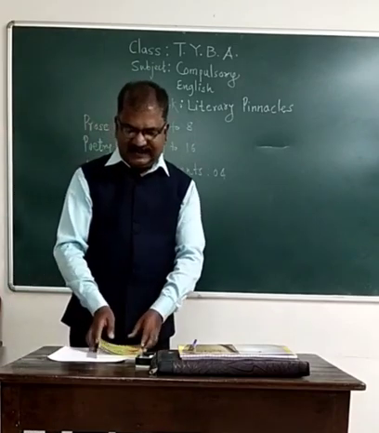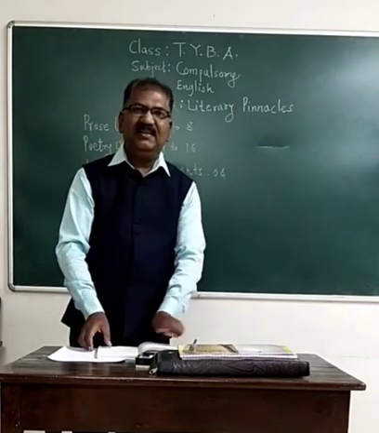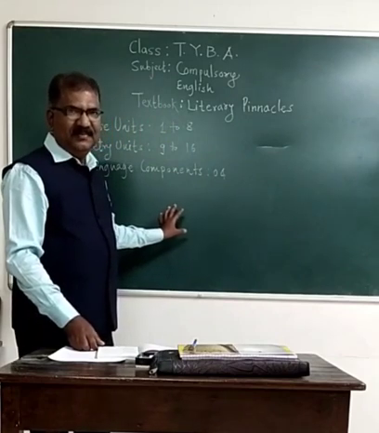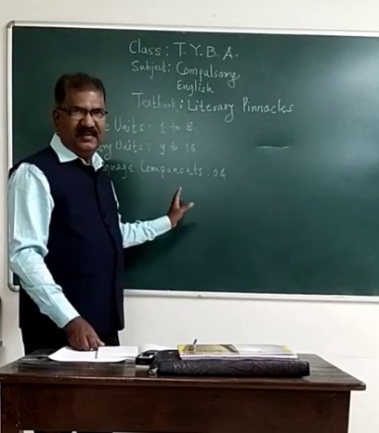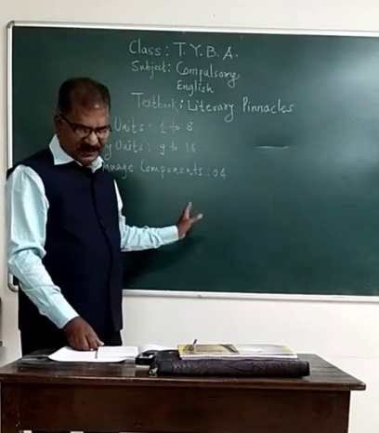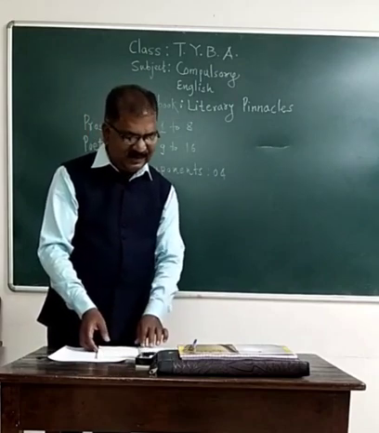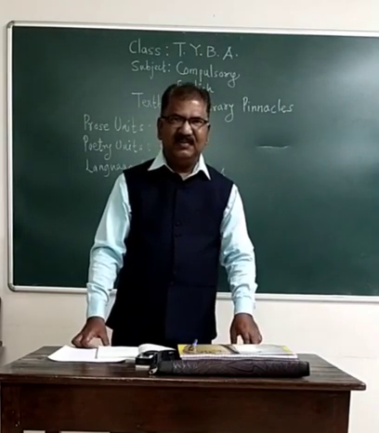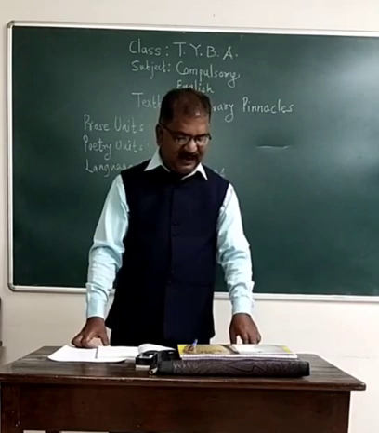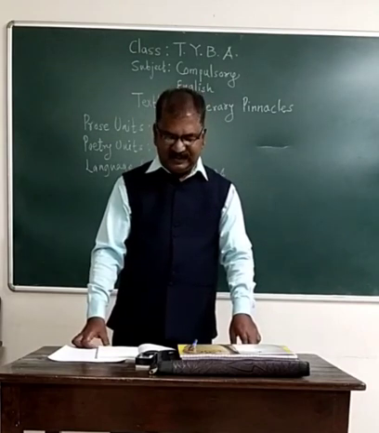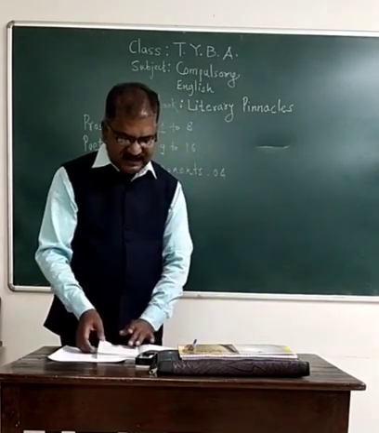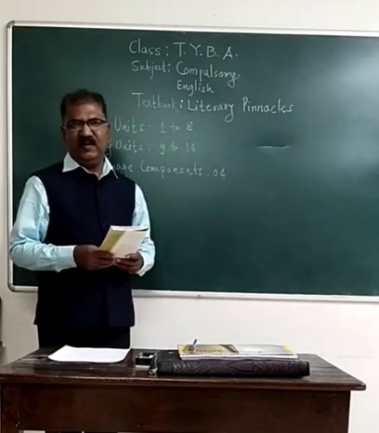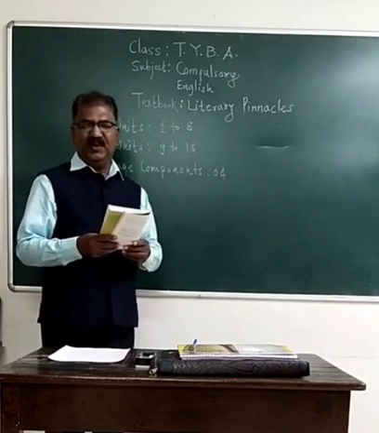So, in this text, the syllabus is divided for term 1 and term 2. For the first term, we have 4 prose units and 4 poetry units. As far as language components are concerned, for first term, we have transformation of sentences from grammar section, and we have an introduction to communication skills. In these 8 prose units, there are 4 prose units prescribed for first term, and they are: